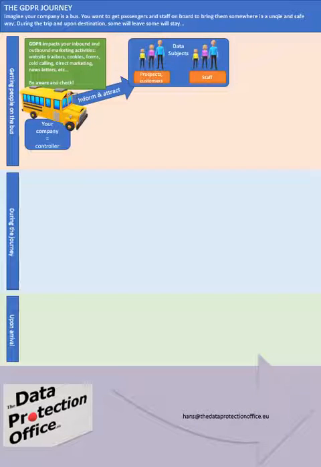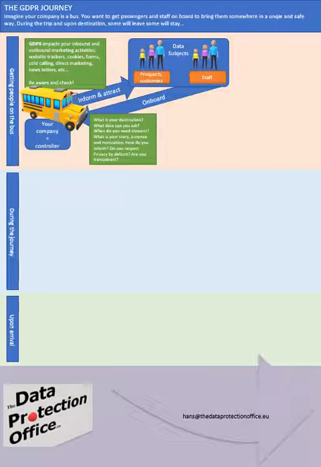Your website, your inbound and outbound activities, tracking, etc., profiling will need your attention and a checklist. And then is the moment to get people on board. How transparent are you on what you tell your people? Do you know what data you can use? Do you know when you need consent? And many other questions will need an answer over here.